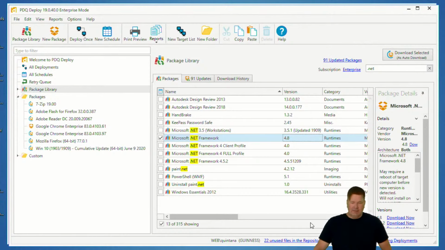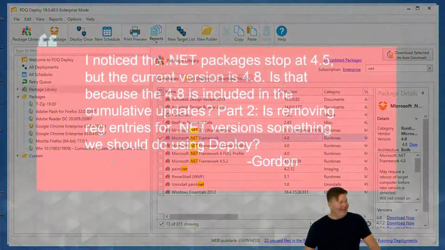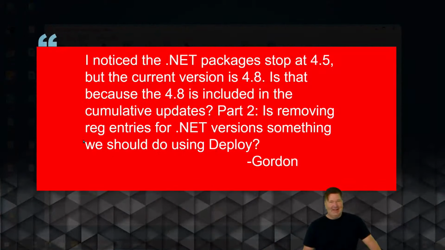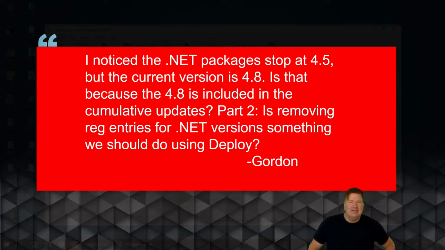Nope. All right. Oh, here we are. Behind the scenes kind of thing. Give me one minute. Okay, one sec. Is it removing, can you remove .NET